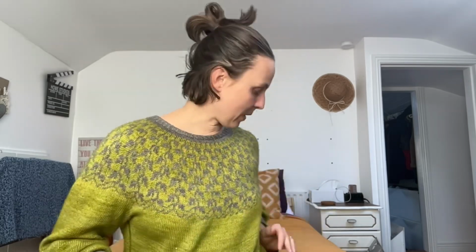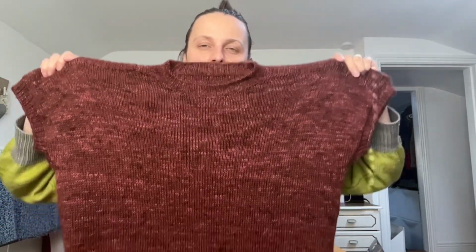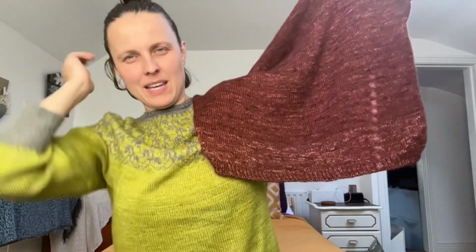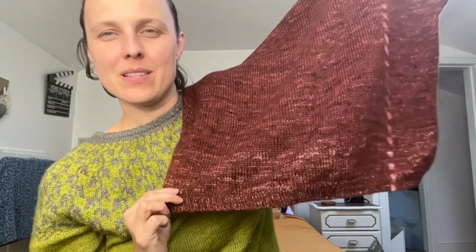Okay, so first things first, what I finished is Nebula vest. It's a sweater, but it's a vest. There are two options. I knitted a vest and here it is. So quick construction, you knit bottom up, and you may notice even that my yarn kind of changes because I